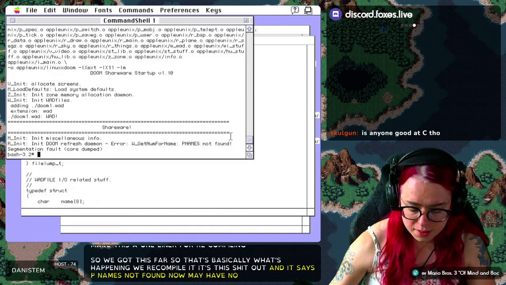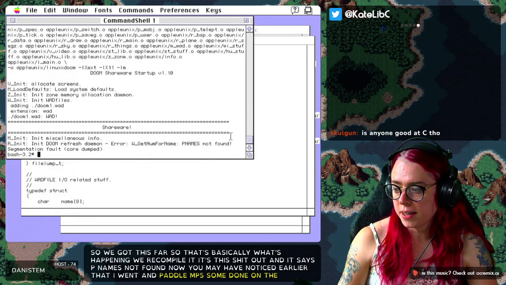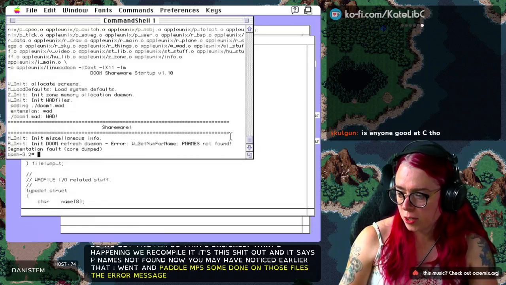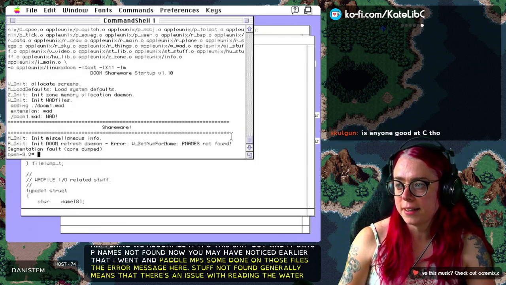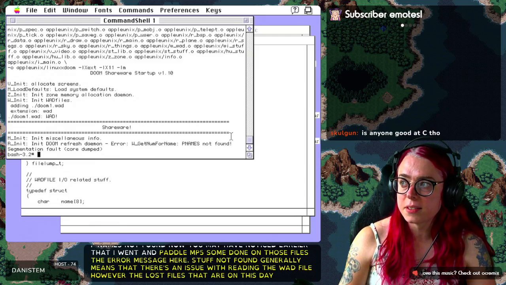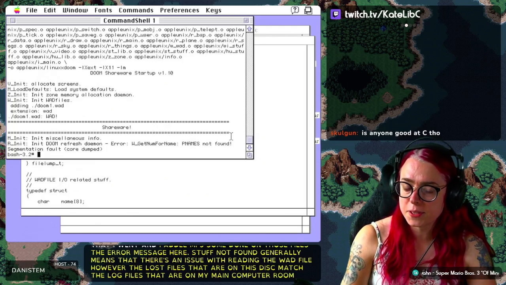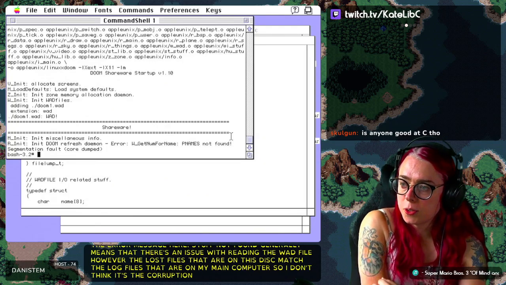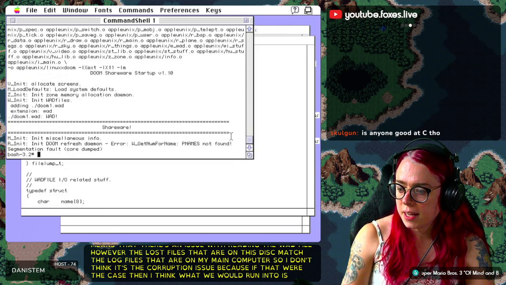Now, you may have noticed earlier that I went and had an MD5 sum done on those files. The error message here, pnames not found, generally means that there's an issue with reading the WAD file. However, the WAD files that are on this disk match the WAD files that are on my main computer. So I don't think it's a corruption issue, because if that were the case, then I think what we would run into is